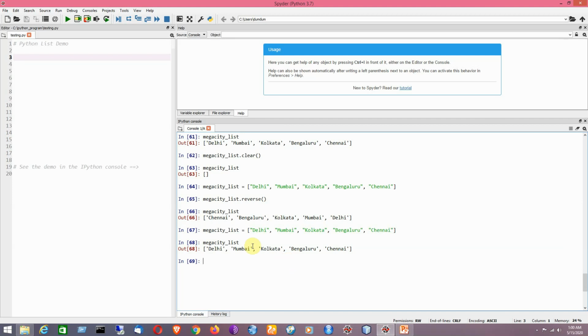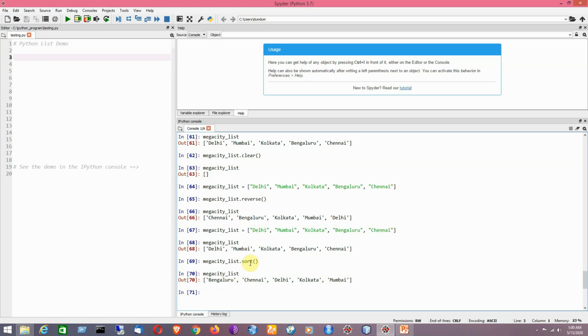So suppose we are going to sort the elements according to their chronological order. Now I would like to make use of the sort method. That will be performing the sort. Okay, that is sorting. Now I would like to print it. So it gets sorted. Bengaluru, starting letter is B, Chennai, C, Delhi, D, Kolkata, K, and Mumbai. So they are chronologically sorted by using the sort method.